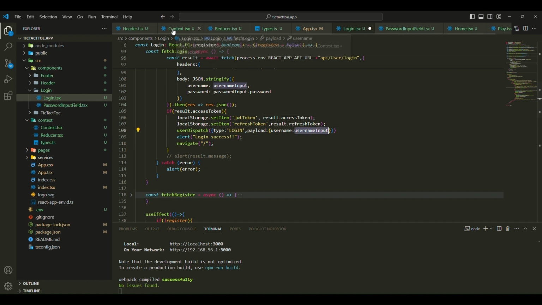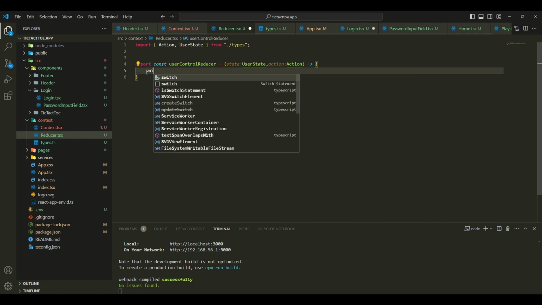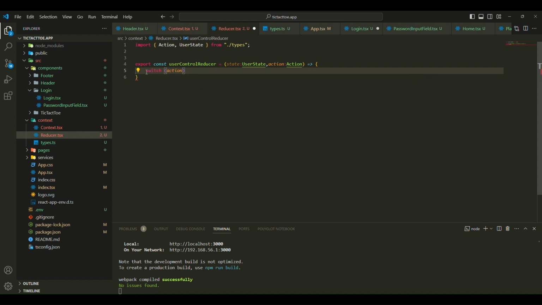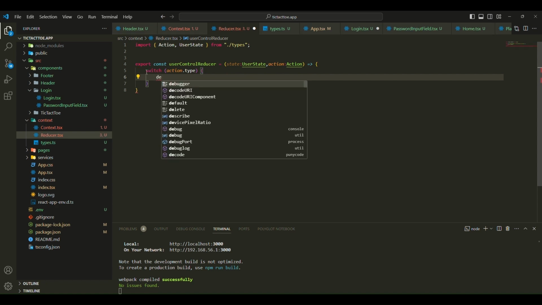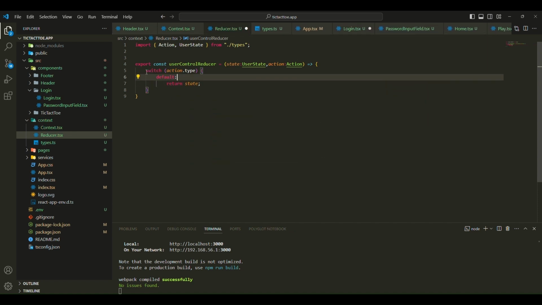Next, let's move to the reducer.tsx file to handle the user login state. Inside the user control reducer function, we use a switch statement to handle different action types. The default case returns the current state if the action type doesn't match any cases. And this user control reducer function's return type will be the user state. Let's update that also. For the login action type,